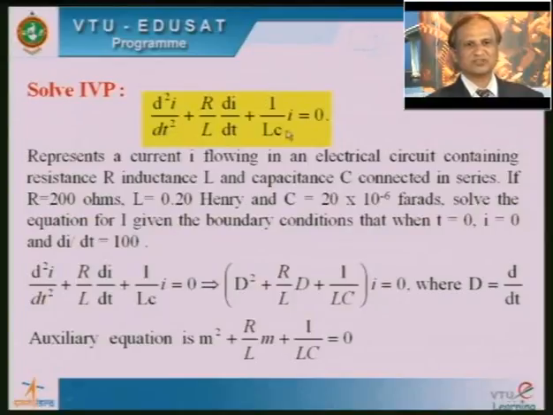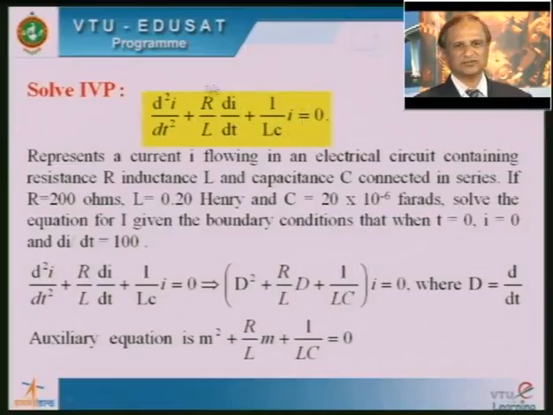Okay, I am going to consider a similar type of equation, right? d square i upon dt square plus R by L into di by dt plus 1 divided by L into C into i is equal to 0. Is it clear? Right? So it represents a current i flowing in an electrical circuit containing resistance R, inductance L and capacitance C connected in series,